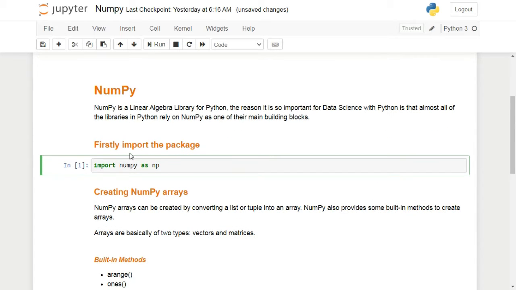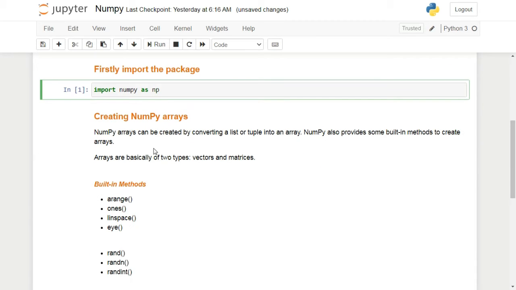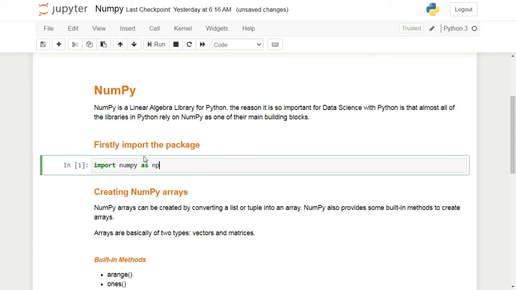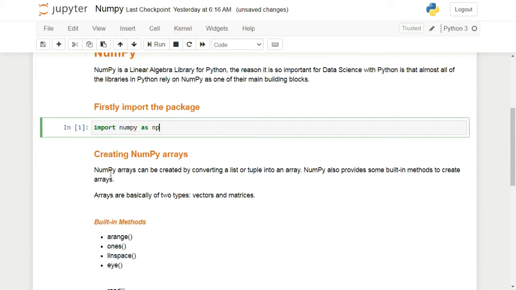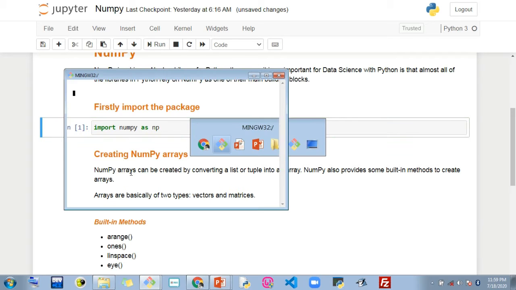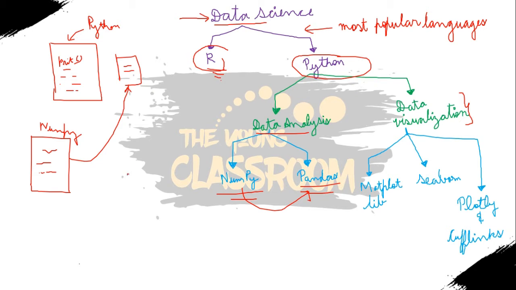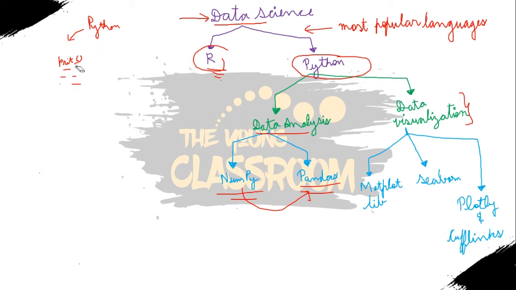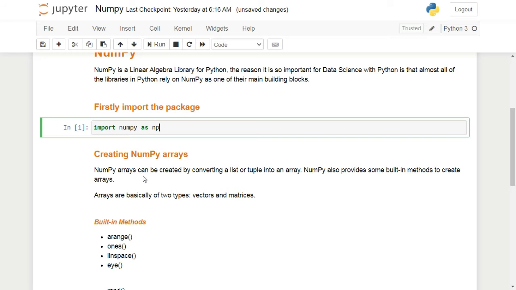Now before moving forward, the very first thing we will be learning in NumPy is NumPy arrays. Arrays, as I told you previously when we were dealing with lists, are kind of lists, the only difference being that lists can store multiple data types, but arrays can store only a single data type.